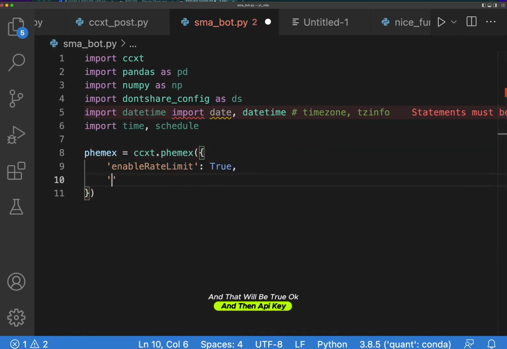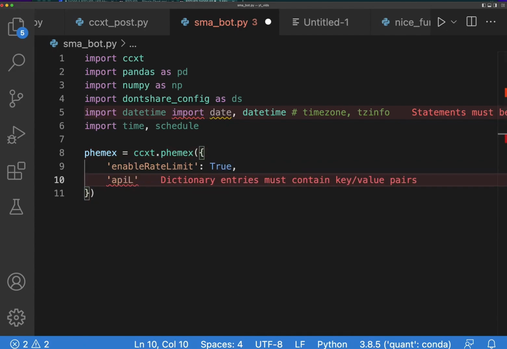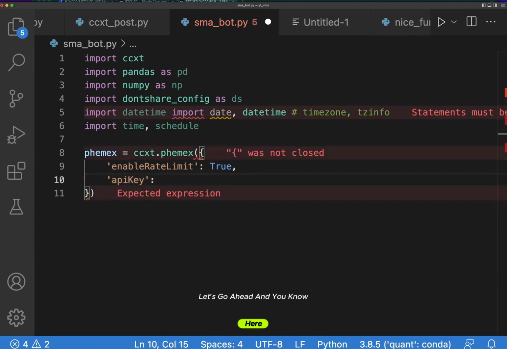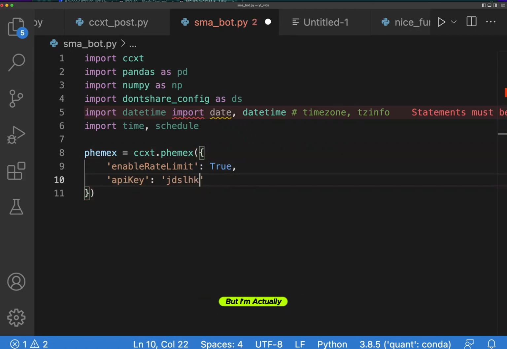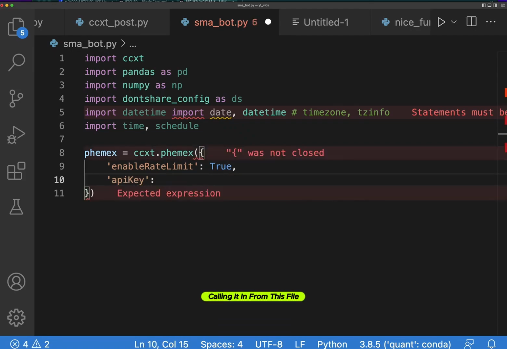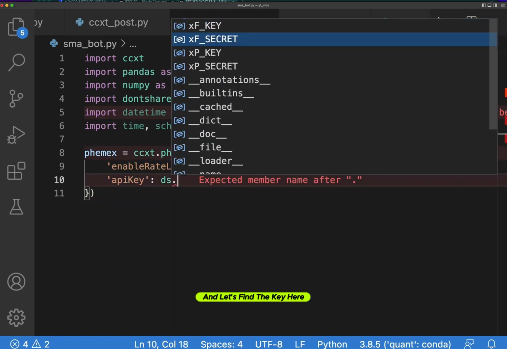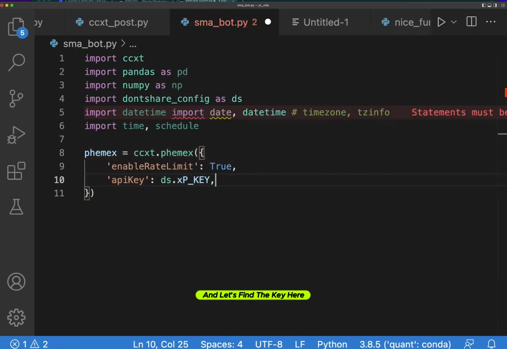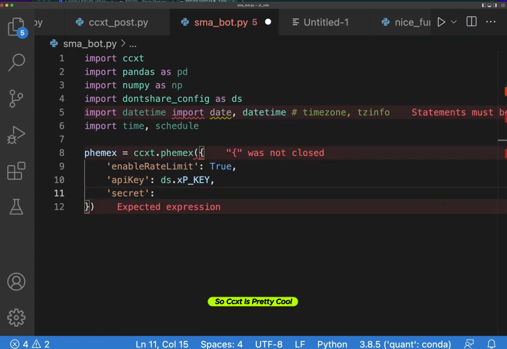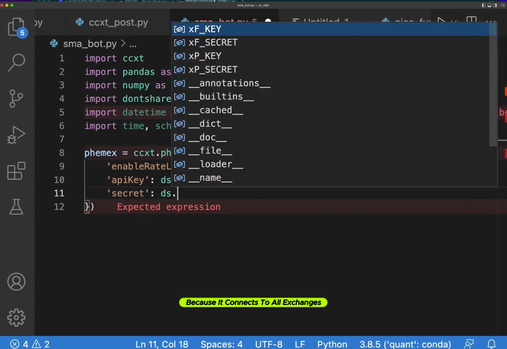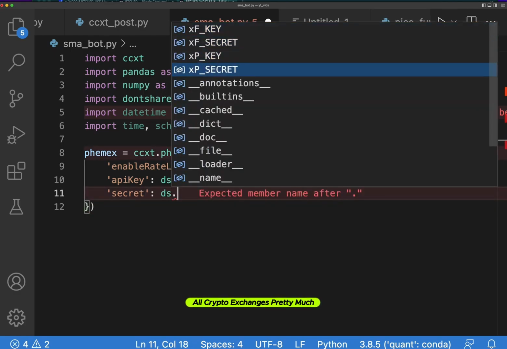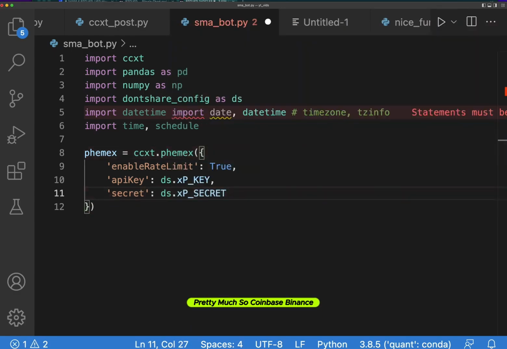And then API key. Here yours might look like that, but I'm actually calling it in from this file that I called DS. Let's find the key here, and then the secret. CCXT is pretty cool because it connects to all crypto exchanges pretty much. So Coinbase, Binance,